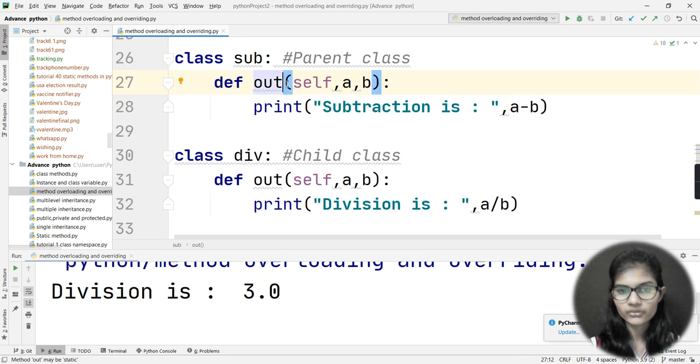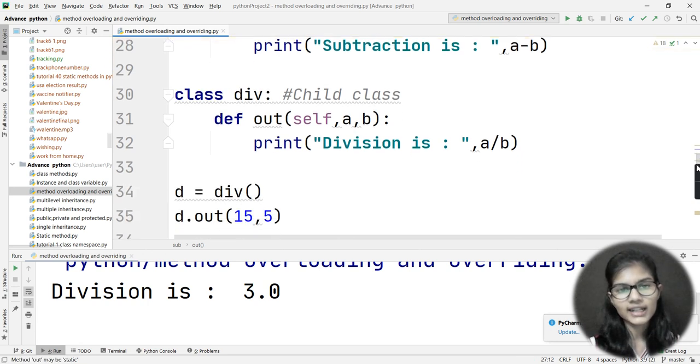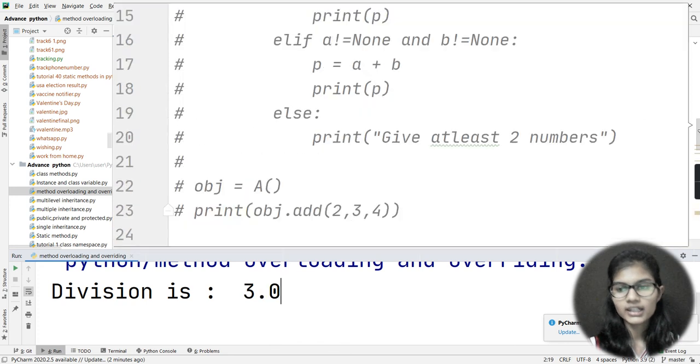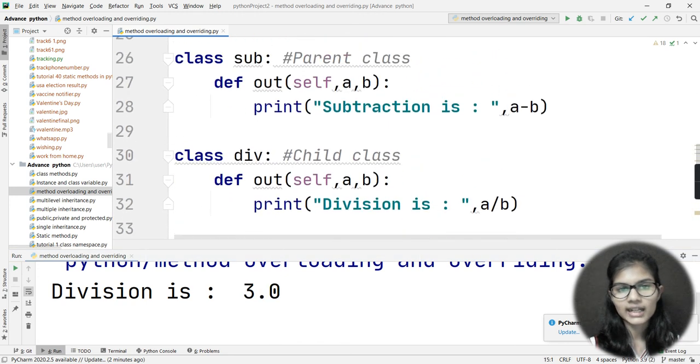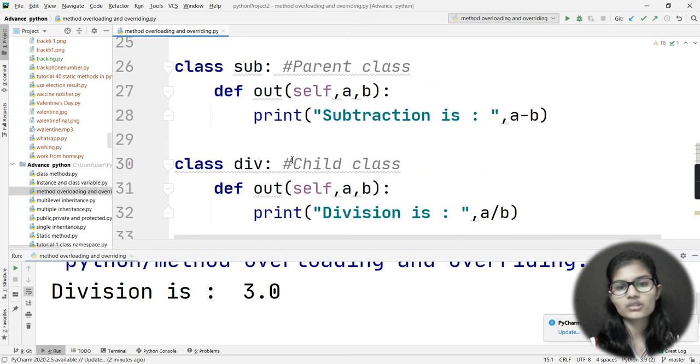So my parent class should first run and then my child class, but what it is doing, the object of my child class is overriding the function of my parent class, and it is running the function of my child class that is out, and in that case it is resulting in the division, and that is 3.0.